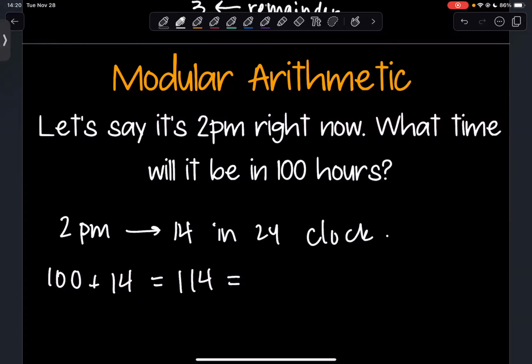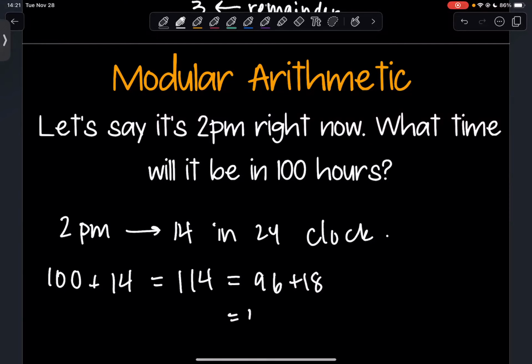Okay, so you were saying about pulling out multiples of 24, right? Because we want to do the clock on 24 or mod 24 now, which is a little bit trickier if you're not good with quick multiplication here. But here, let's see. I want to think about how many 24s can I pull out of my 114. And I can do 24 by 4, which is 96 here. So I can write this as 96 plus 18.